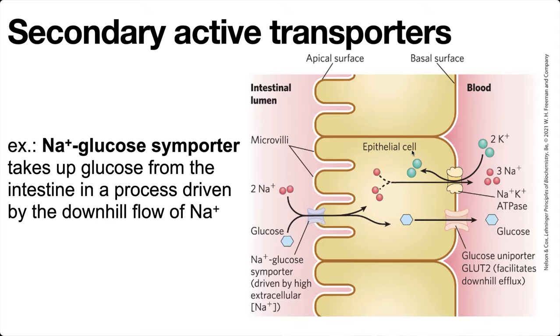Inside of our intestinal cells, now we have this high concentration of glucose. That's why we had to use energy to bring glucose in. But on the other side, in our blood, here we actually have a low concentration of glucose. So we can use a glucose uniporter that is just going to use facilitated diffusion to transport that glucose molecule, to just give it a channel to go through in order to get into the blood along its gradient. But we had to spend energy in order to get it into the cells. And then we're able to maintain that gradient, but then we can use that gradient to get it into the